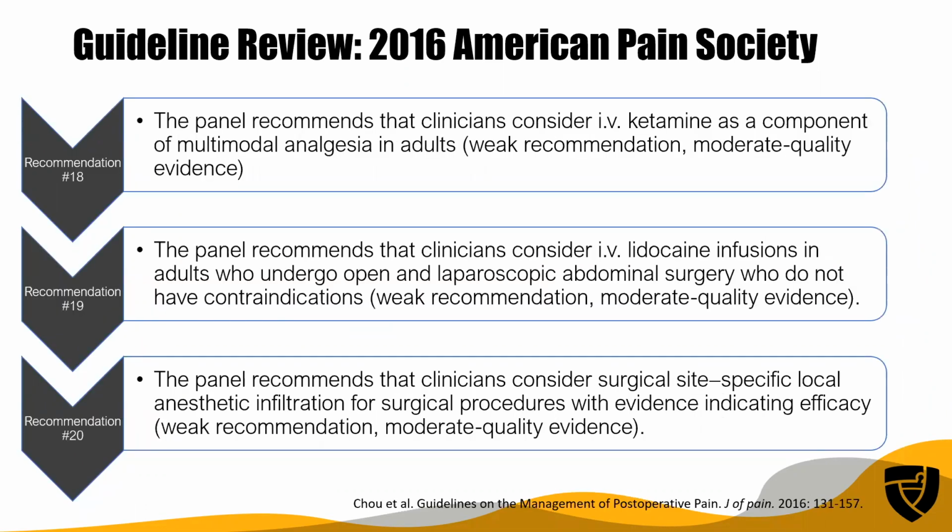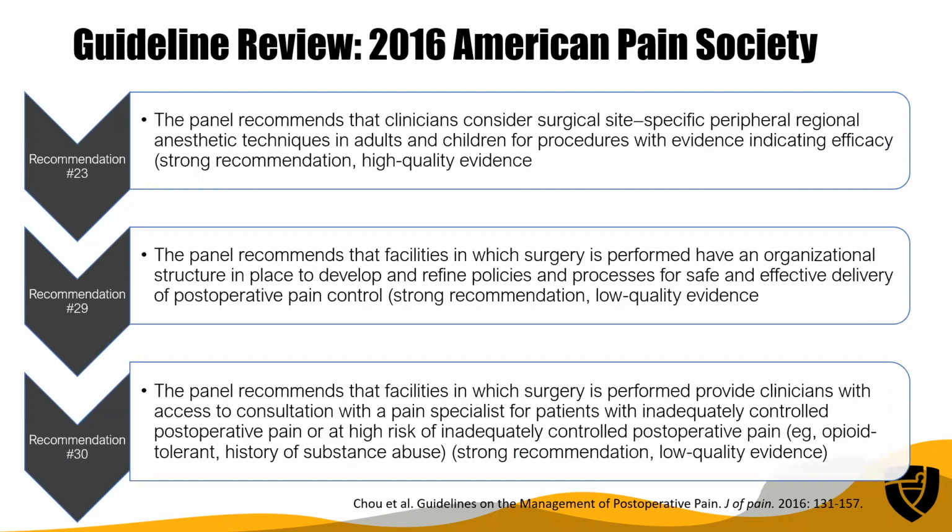Number 18, we've got 18 and 19 are both more advanced options, IV ketamine and IV lidocaine, which you typically need a more specialized provider or facility to be comfortable with. Then number 20, again, anesthetic infiltration. So again, you would probably need anesthesiology or the surgical provider to help with that, but it's a recommendation that you could certainly make to them. Number 23, again, with the anesthetic techniques. Number 29,